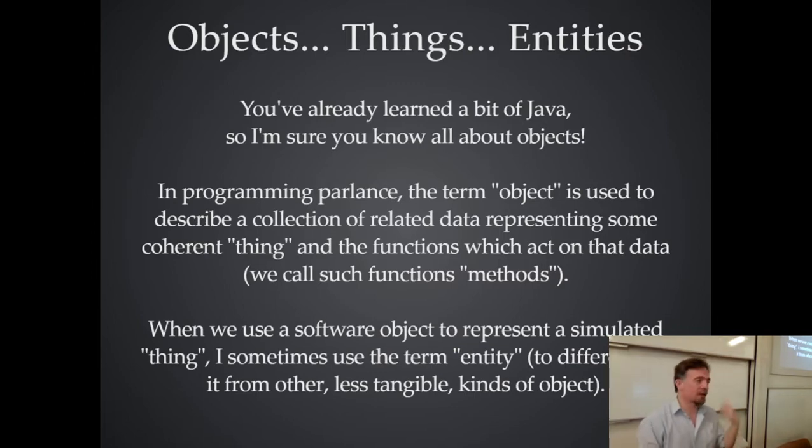Now, sometimes when I'm doing game stuff, I will refer to the objects that are part of the game world as entities, which is just a synonym, right? But I tend to use entity to mean a physical object, something that if your simulation was real, you could kind of touch, which differentiates it from abstract things. A simulation might have abstract things like a collision detection system, which you can't see, or a high score table, or it might have user interface elements, right? So the user interface elements would be objects in your system, but they're not entities because they're not really part of the simulation environment. So that's just a distinction I choose to make.